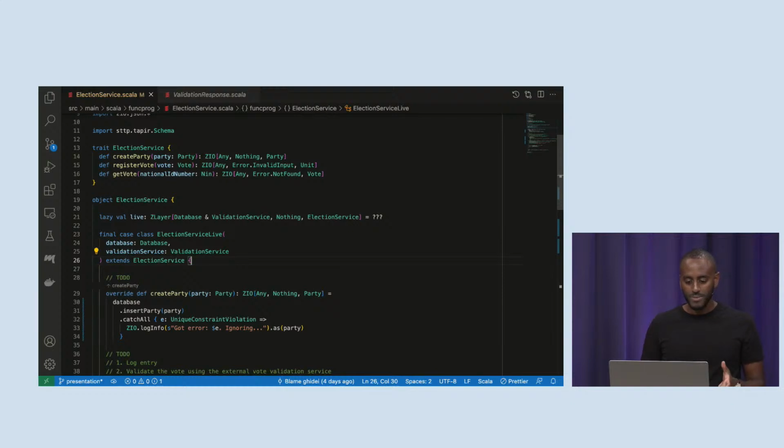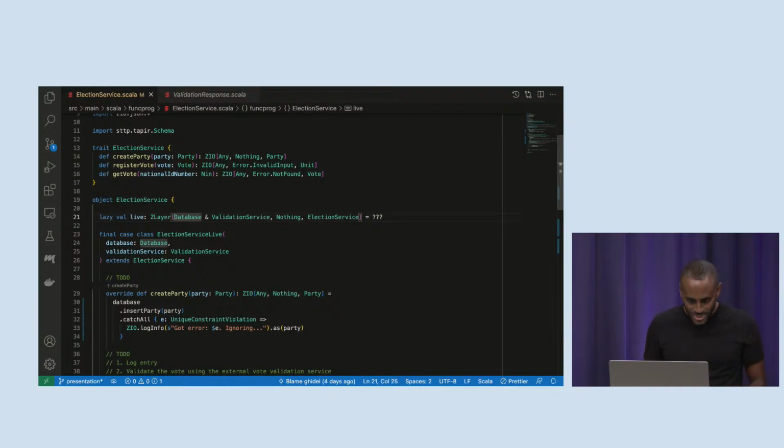But we are all functional programmers here, or interested in functional programming, and this is not a value, right? I cannot store this election service live in a value and modify it, pass it to a different function, right? So since we are functional programmers, we want to get back to the land of values. And ZIO has a concept called Z-layers, which is a constructor as a value.